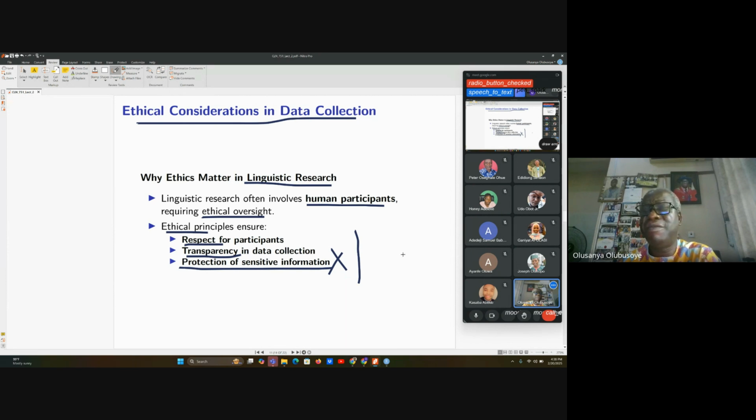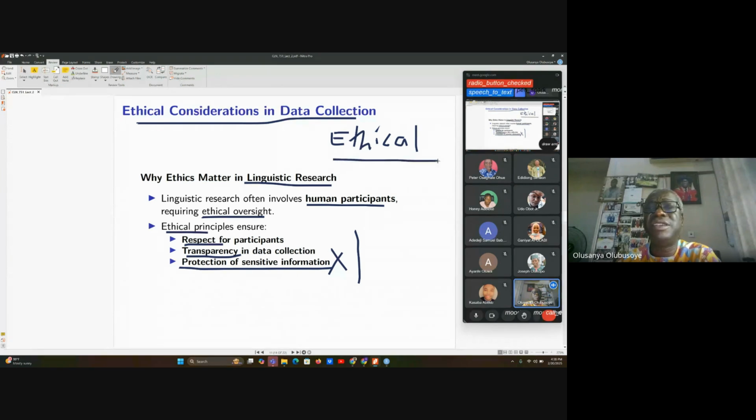If they report you, it can be very dangerous. In most cases, if you are doing this, you must get what we call ethical approval. Ethical approval. In UI, you have to apply for that,